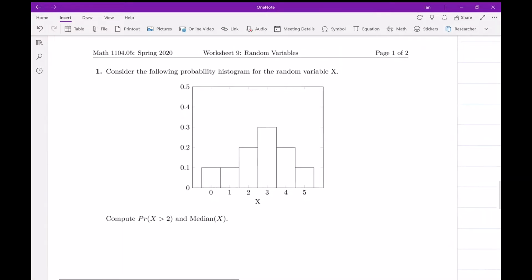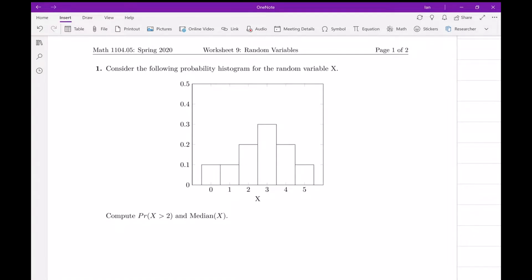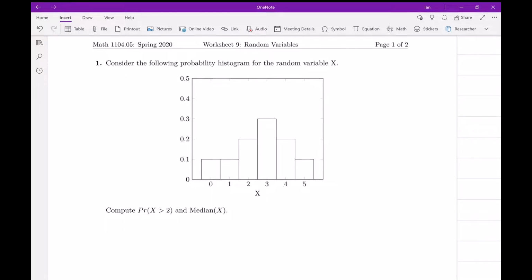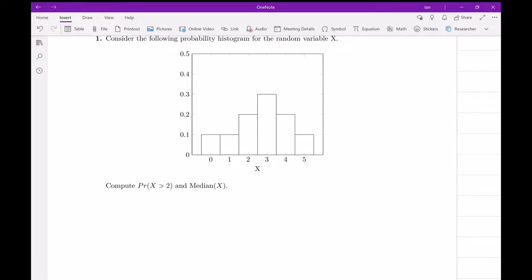Alright, consider the following probability histogram for the random variable x. So x takes on values between 0 and 5 inclusive, and we want to calculate the probability that x is greater than 2 and the median value. So the first part is fairly simple. So the probability that x is greater than 2,